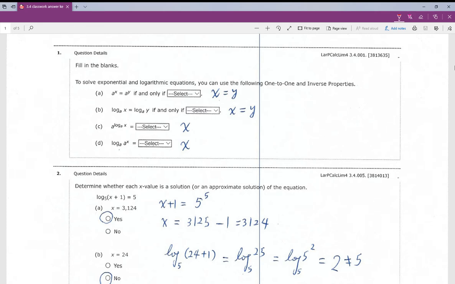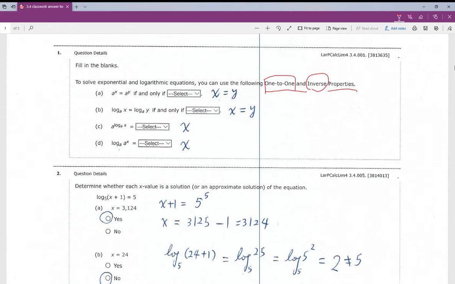So, last time we talked about the one-to-one property. And today we also want to talk about another property, the inverse property. Now, same thing, we are not going to prove or explain the formula here. If you have any question, I will explain more detail in the class. But since this is just a review, we want to focus on how to use the formula to do our